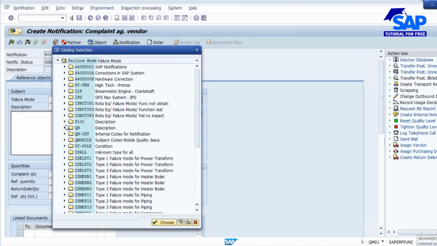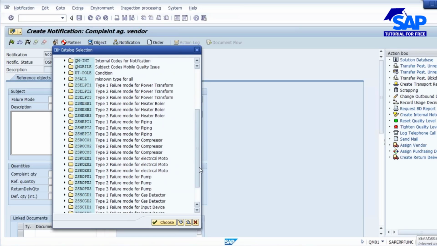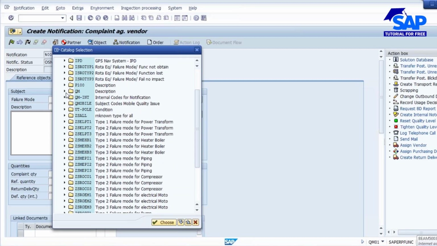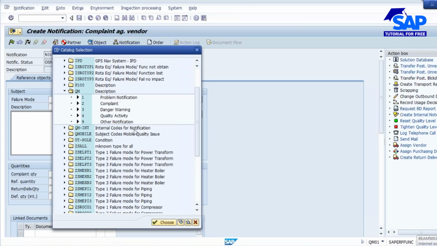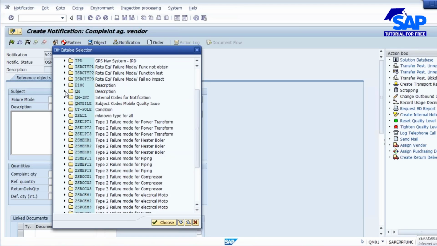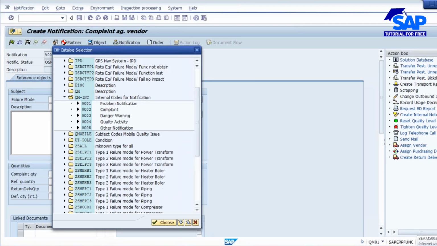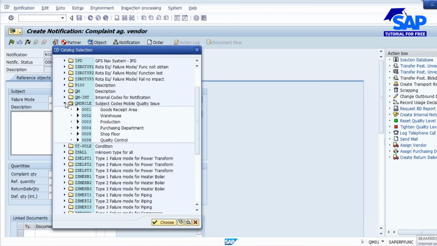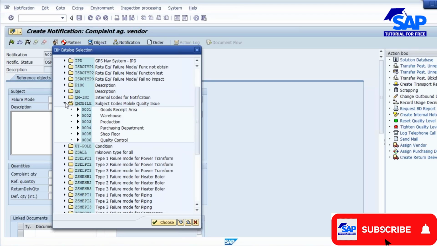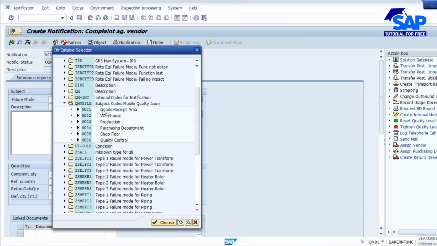Let's select one. Vendor notification, okay, I'll select this one. This is the goods receipt area.